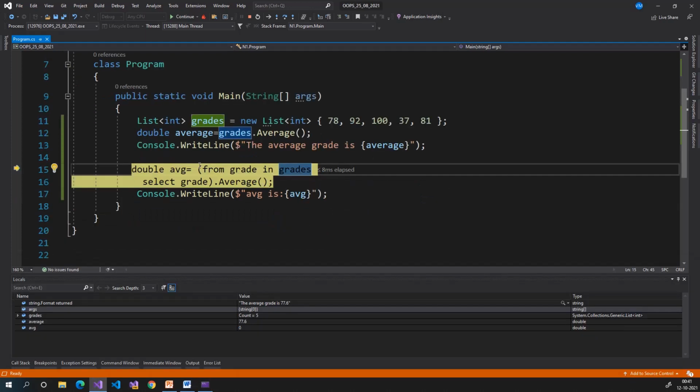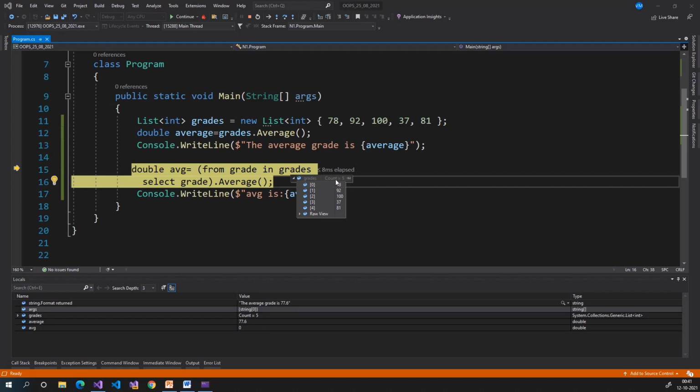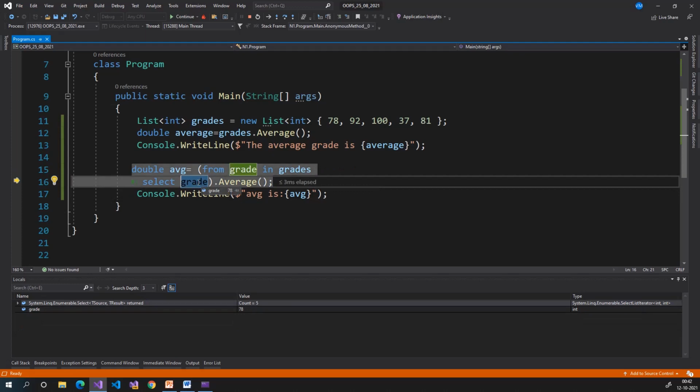Later here we wrote the code using query syntax. This query syntax is similar to a SQL query. So this grades contains a collection of values. Those values are 78, 92, 100, 37, 81. We need to get values one by one. Later we need to apply the average function on this query output. F11, here grade is equal to 78.